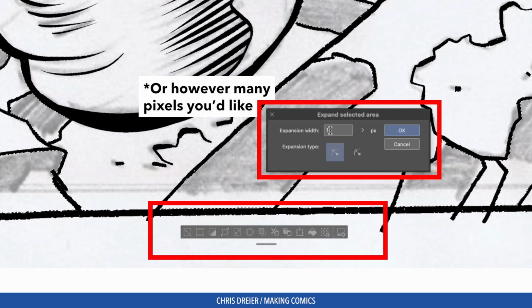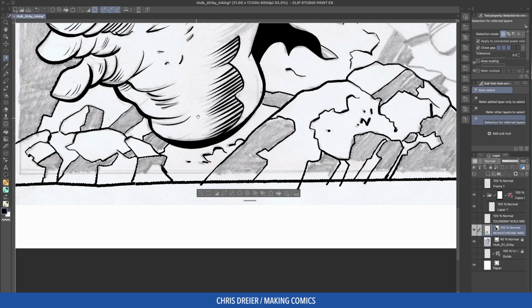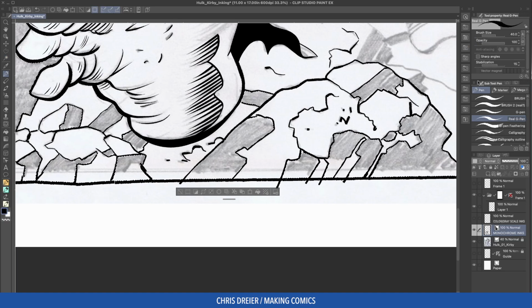And it'll expand by 1 or 2 pixels. I've gotten used to doing this because I've noticed sometimes if I don't do this and I fill it in, there still will be a weird space between the selection and the line. I don't know if that's just a glitch in the monitor or what, but to be safe, because I don't want that shown, I just add this 1 or 2, and you'll see right here when I do it that it is now 1 pixel in on the entire selection. So, okay, so I'm going to use my